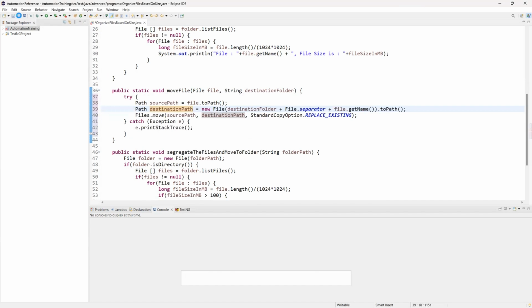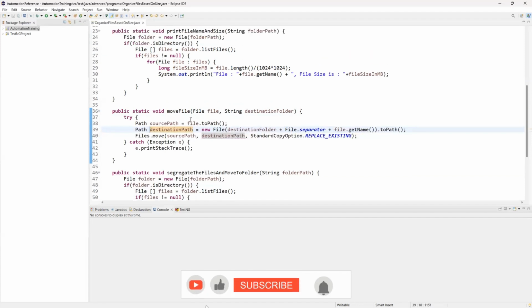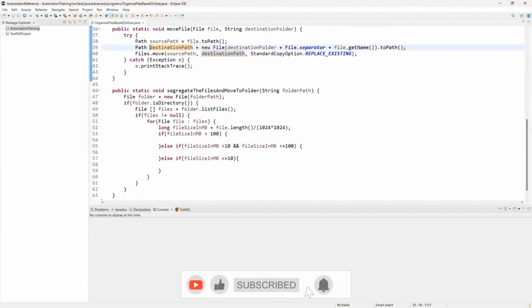So we are able to move the file. Whatever the file that you want to move, that file path and the destination, both the details you have to pass so that it is going to move the file. Okay. Now based on the size, we are going to move the file into specific folders. So if it is greater than 100 MB,